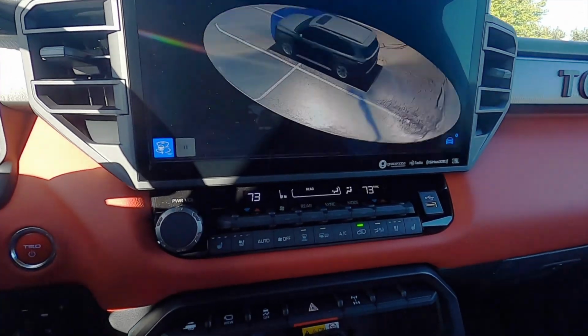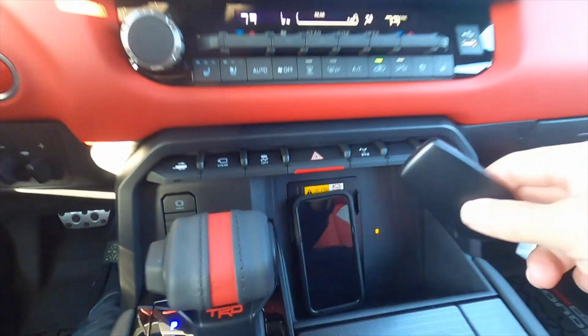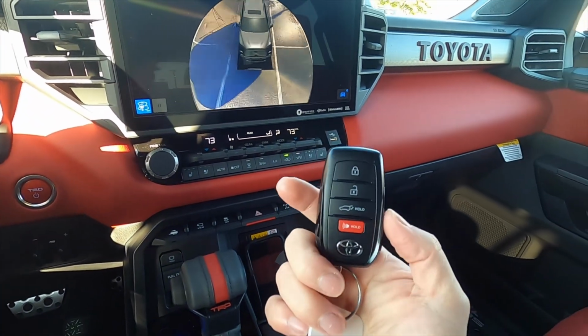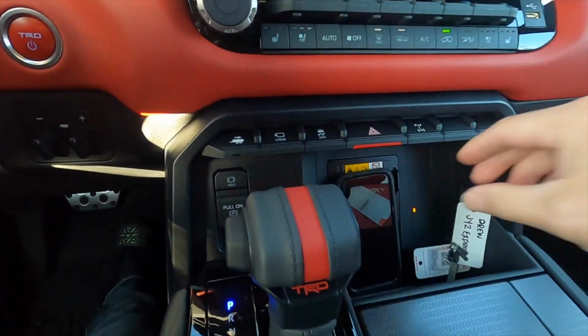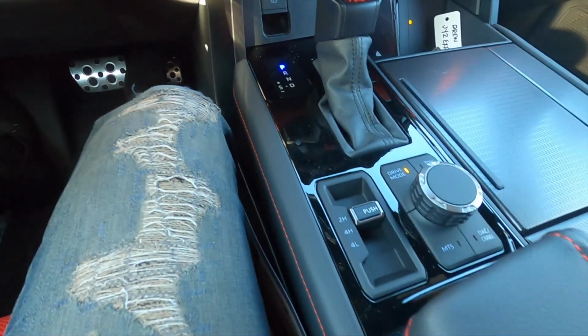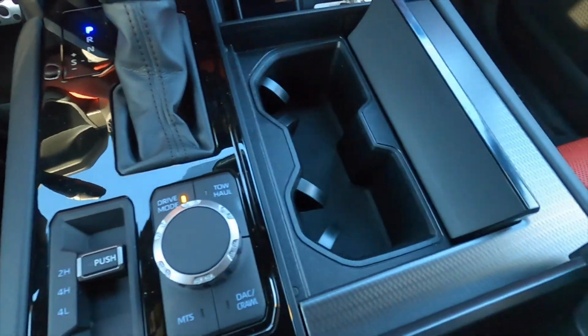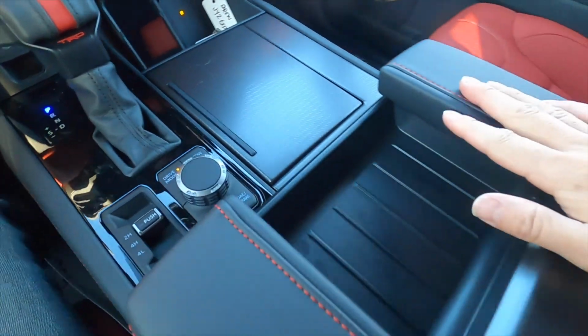Going into dual climate control settings, Qi wireless charger, and the key fob for the new Sequoia. Leather around the shifter that is unique to the TRD. As you see, the badging is gloss black. Your four-wheel drive transfer case, driving modes, opens up for the cup holders, and you have a lot of different